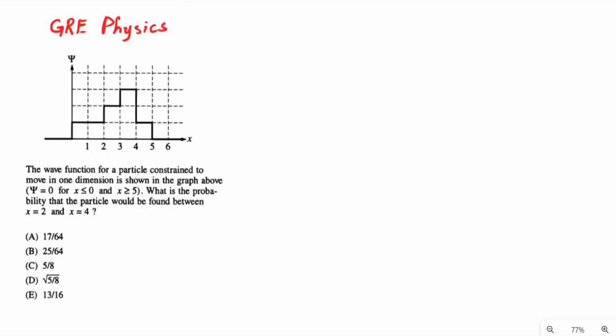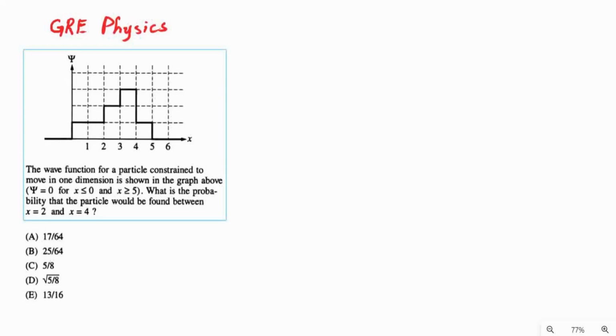Hello everybody, we have a problem in basic quantum mechanics here to solve. This problem appeared in a GRE exam. In this problem, the wave function for a particle constrained to move in one dimension is shown in the graph shown here by this strange looking wave function psi,